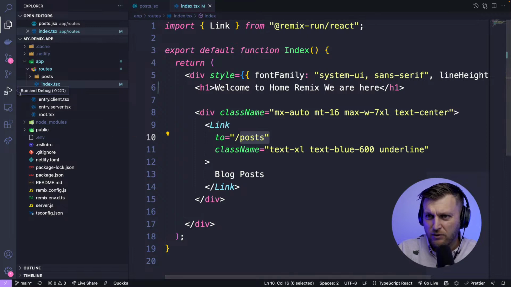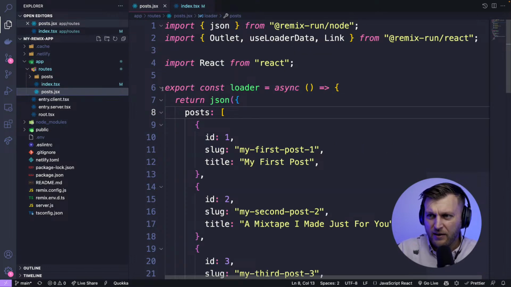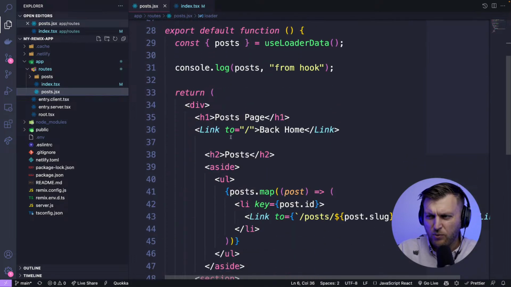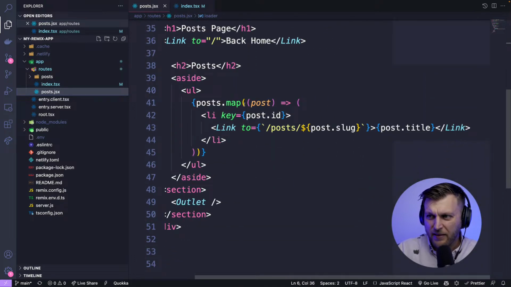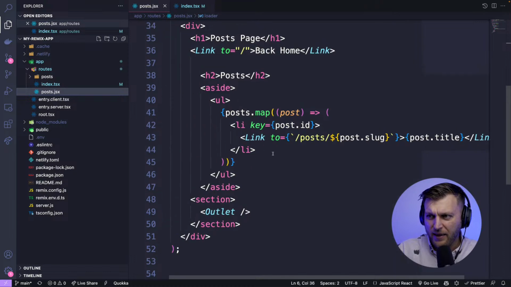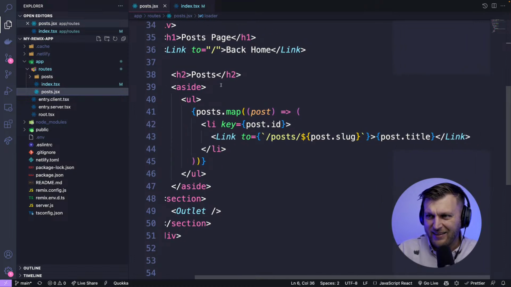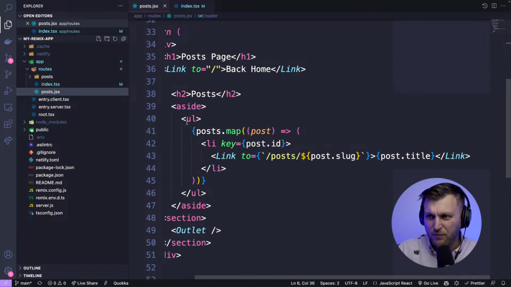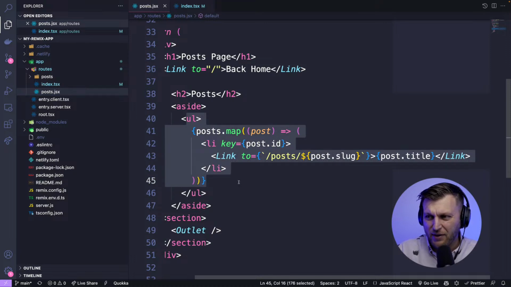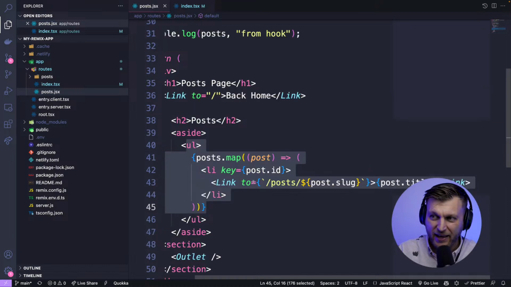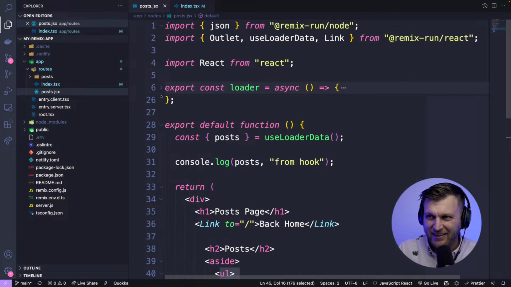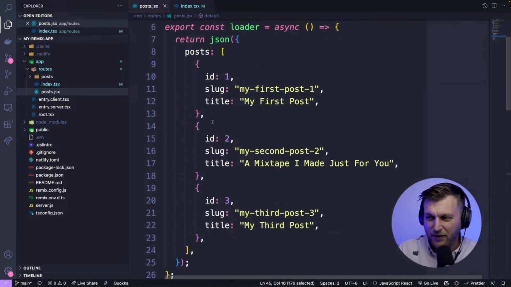And this route matches this file, post.jsx. So when you go there, let me close this, not important at the moment. You will see this is where we are. And here we map through all of the links that we're getting for all our blog posts. And we're not getting them from the API yet. We're getting them from our fake data generated by this fantastic